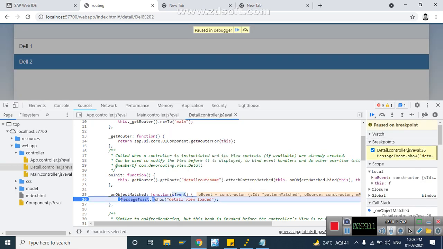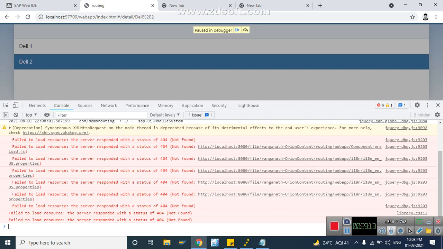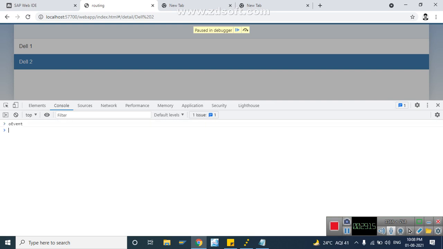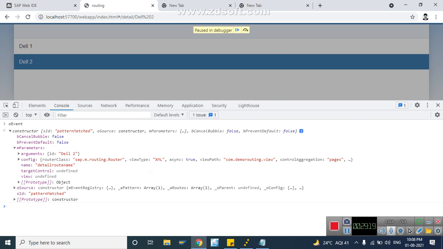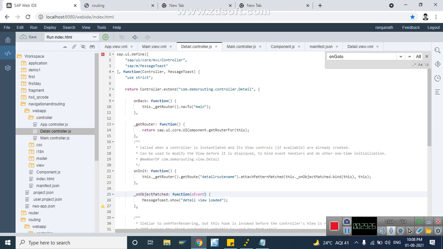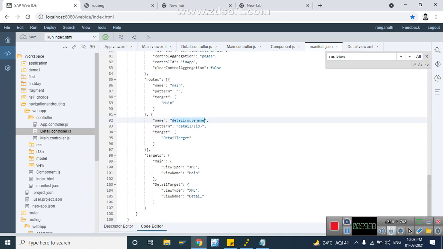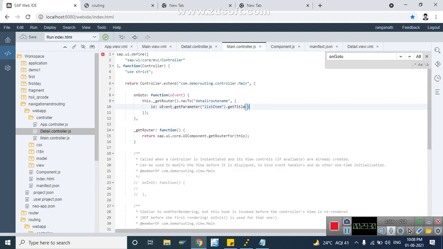See the parameters again in the O event. In O event we have parameters, inside parameters we have arguments, and inside arguments we have ID. That ID is what we have defined in the manifest file, and that ID is what we are passing from the controller.